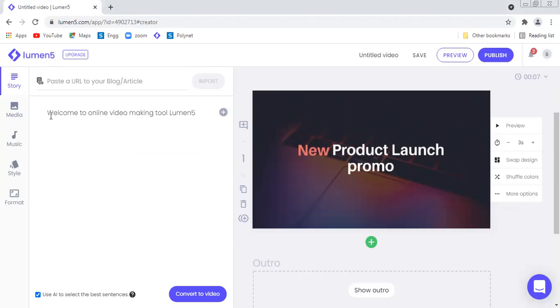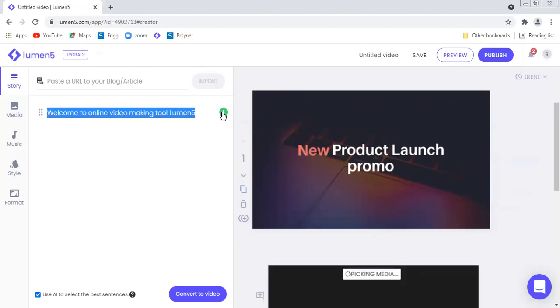Now this is my story point, right? If I select this and just click on it, I can directly add this story to this particular slide, or I can click on the plus sign.